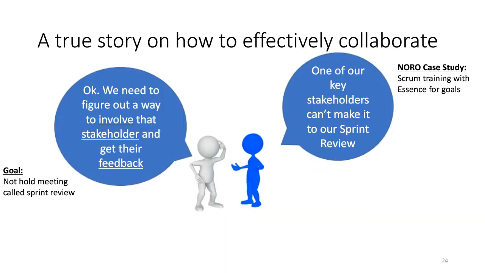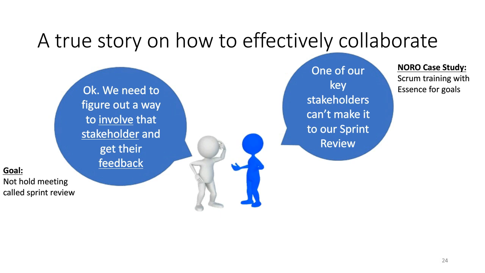Now, what I want to do now is give you a true story on how to effectively collaborate. This is a story from my Neuro case study in my latest book. I had given the Neuro team Scrum training, and in that training, I used Essence to teach the goals of each Scrum practice. During an early sprint, the team discovered that a key stakeholder couldn't make it to a sprint review. They immediately realized a key goal was in jeopardy, and so they quickly brainstormed how to solve this issue, and it resulted in the product owner getting on a plane and taking a demonstration of the product to the